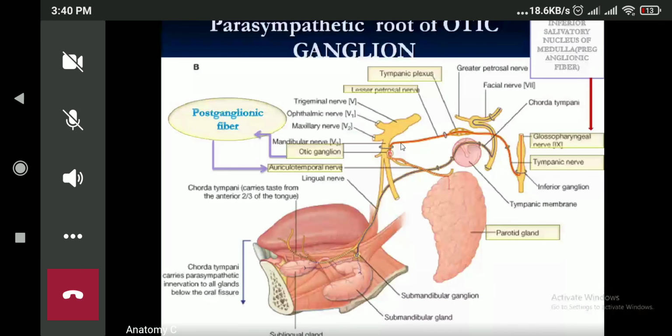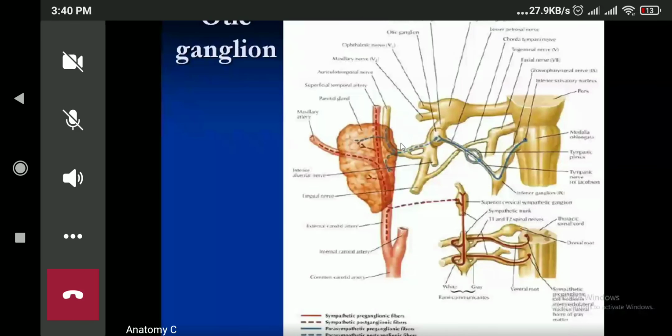Now see the parasympathetic supply to the parotid gland. So what will the otic ganglion do? The otic ganglion is mainly secretomotor. It will provide the secretomotor fiber to the parotid gland. So this secretomotor fiber to the parotid gland arises from the otic ganglion. You can see over here the parasympathetic outflow to the parotid gland. We have the preganglionic fiber up to the otic ganglion. Before that, this one is the postganglionic parasympathetic fiber.